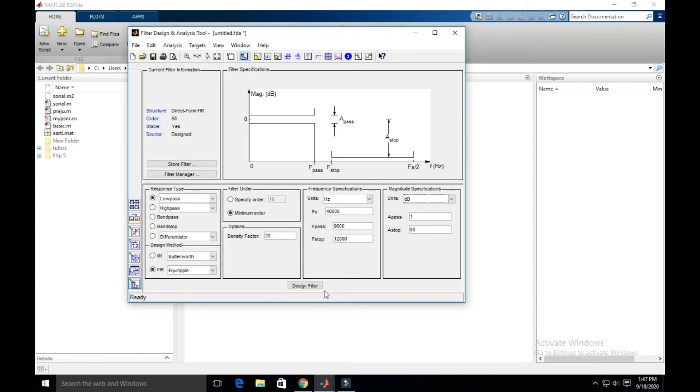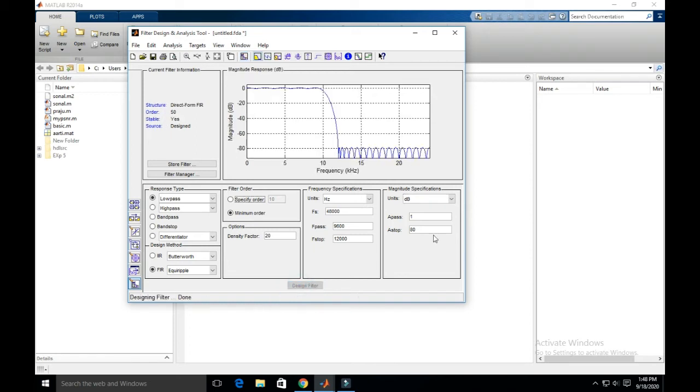If I keep all this data as it is and click on design filter, you can see this is the magnitude response for a low pass filter using a FIR filter. So basically I got some equiripples in the stopband.